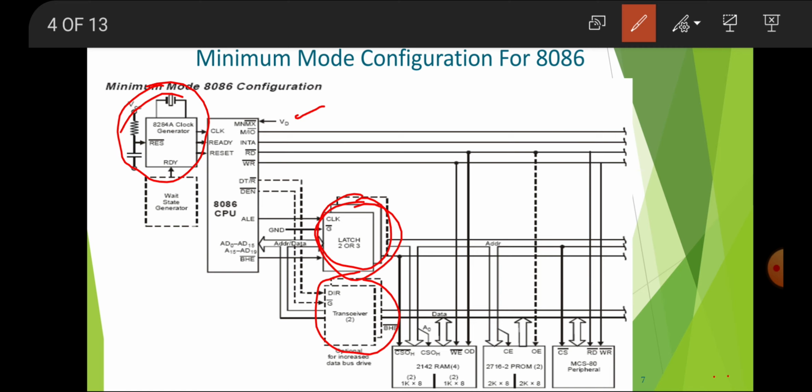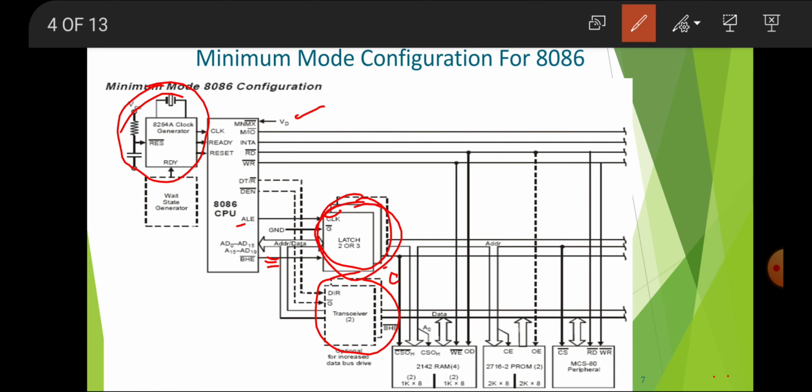Now you can see here, first we'll start with this ALE. ALE is given as a signal to the clock. When a clock pulse is generated, the signal will be high, so it operates on a logic high signal, the active high mode. So when ALE is 1, this latch gets operated, and AD0 to AD15 and A16 to A19, all these signals are carried from here. Up to this point the processor doesn't know whether it is data or address. So it is nothing but the enable pin.